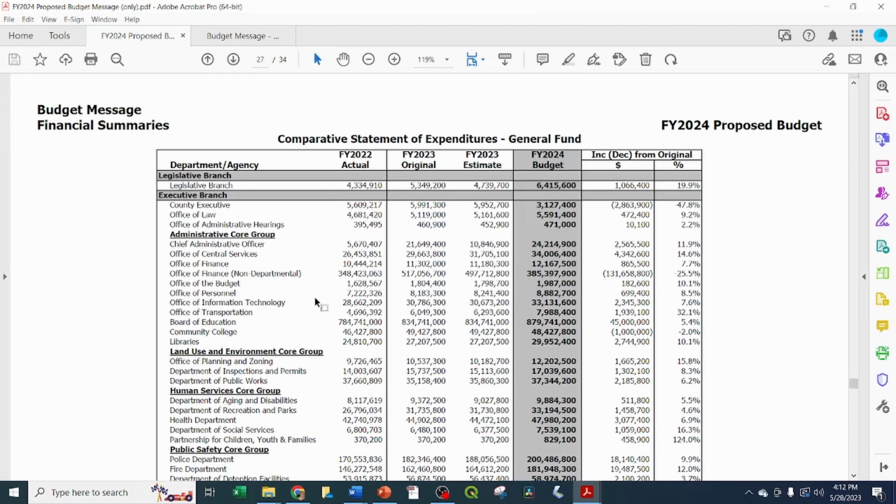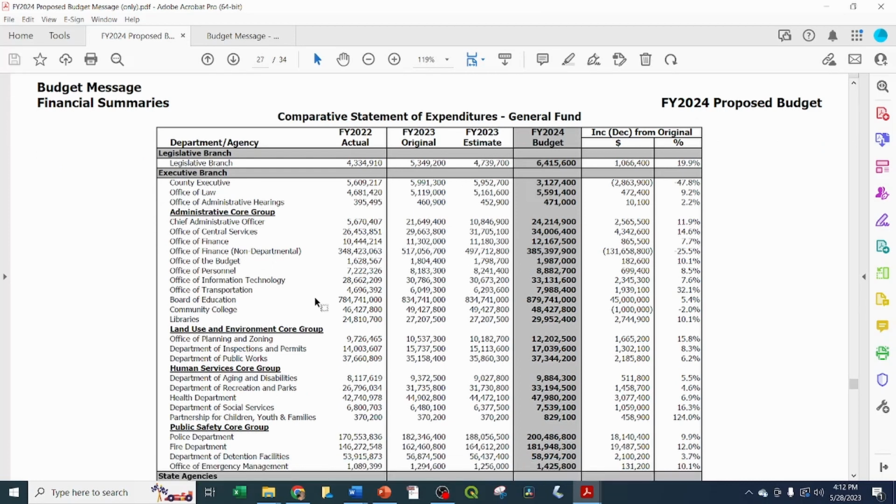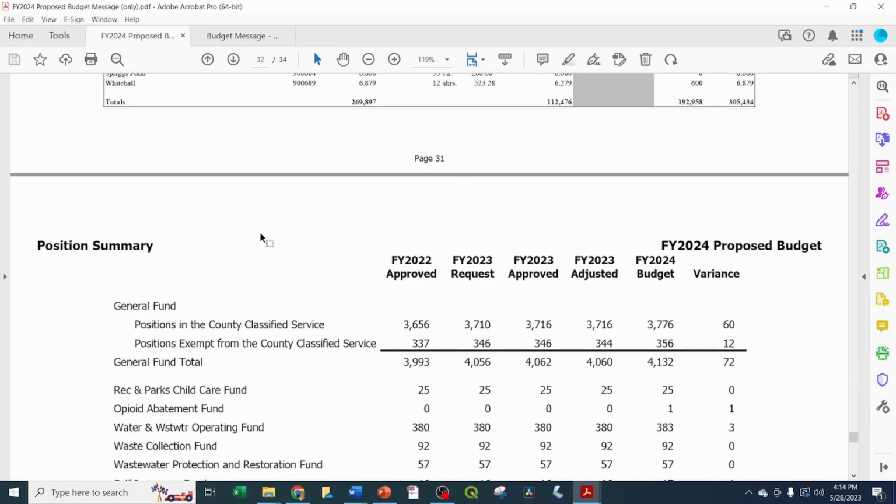Similarly, there's a comparative statement of expenditures. So the same columns of data are shown. Because the expenditures, what the money's going to be spent on a department by department basis, is of such interest to the entities themselves and the public, we did add a dollar and percentage increase from the original here. So we added the percentage. And then the last part is